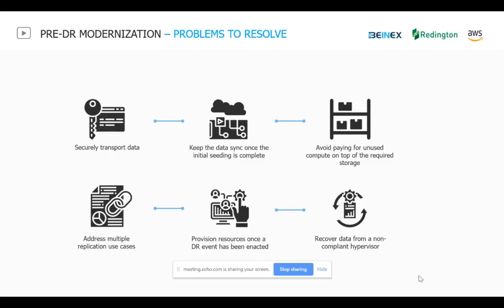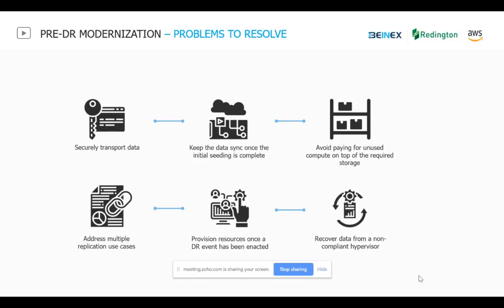And the other thing will be to avoid paying for unused compute. If you have a physical DR data center, you might be having a big Dell server with about 128 GB RAM, or about 3 TB of hard disk, and about 24 cores, but you are just doing a DR for 3 virtual machines. So you have the compute there, but you're not fully utilizing it, and you are paying a lot, obviously, to maintain that device, and the hypervisor charges every year, and so on and so forth. So all those things can be avoided in the DR modernization with AWS.